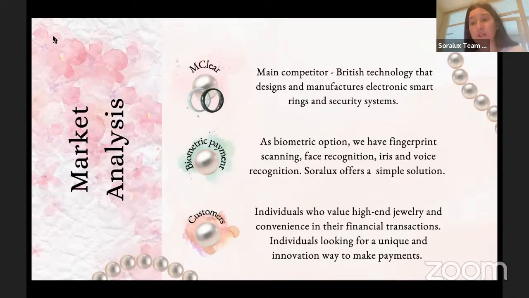When it comes to biometric options such as fingerprint scanning, face recognition, iris, and voice recognition, Sora Lux offers a simple option. So the market is already adapted to use Sora Lux rings. Now, our customers are individuals who value high-end jewelry and convenience in their financial transactions. Individuals looking for a unique and innovative, but also simple way to make their payments.